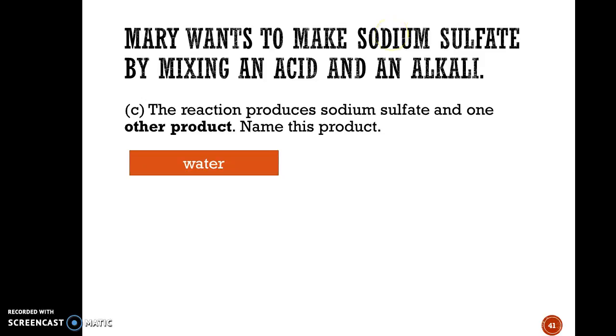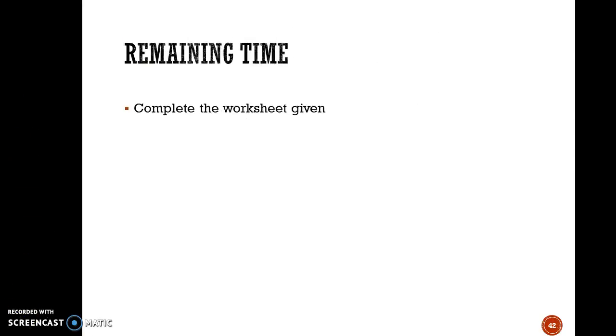I've basically gone through question 25. For the remaining time, I'm going to give you this additional practice worksheet, which I believe will help you improve on certain parts of these four reactions. So do it in class first. If you can't finish, you should do it as homework. I'll see you guys tomorrow on Thursday, and I'll go